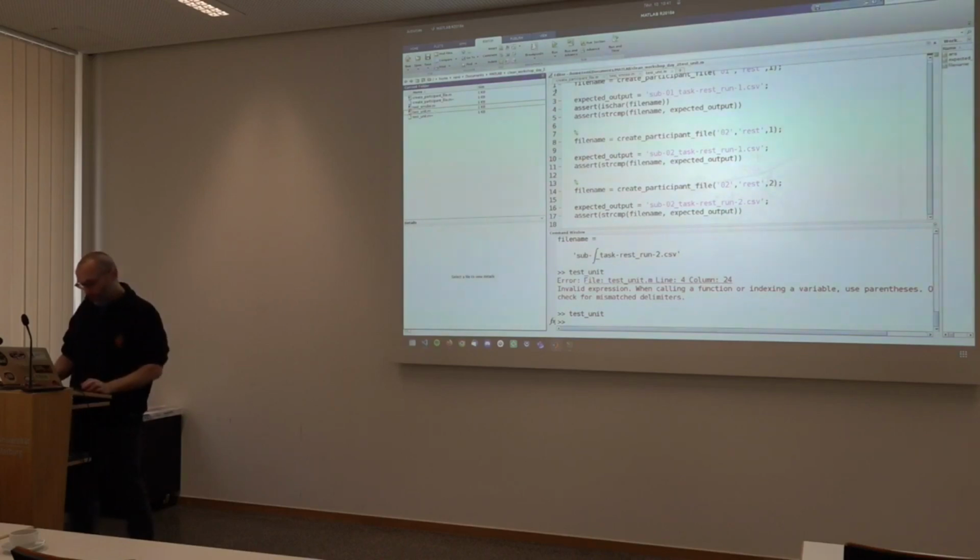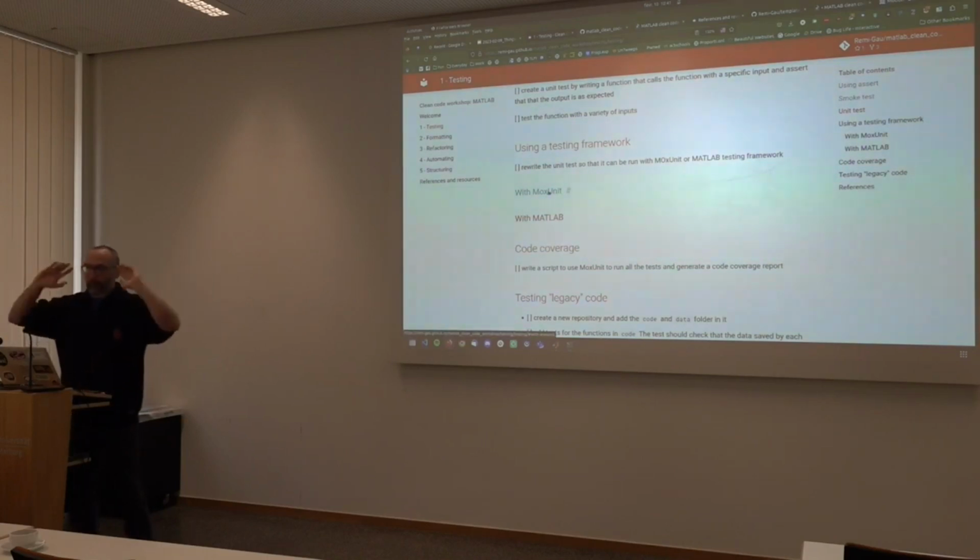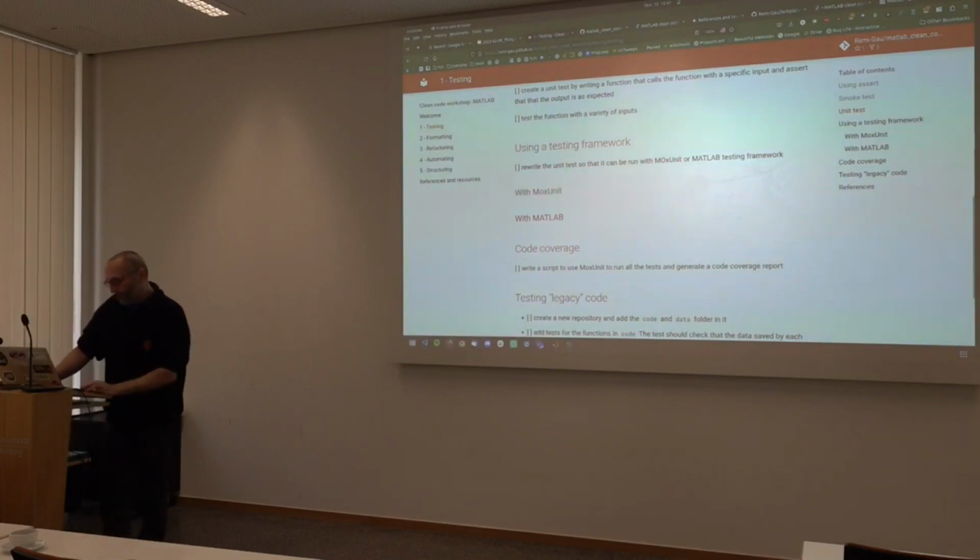First of all, these are called testing frameworks, and in MATLAB, I think more recent versions do have a built-in testing framework. I'll give you an example of how to use it. I tend to prefer an external toolbox called MoxUnit, but when it's on your own code, feel free to use whatever you feel most comfortable with.